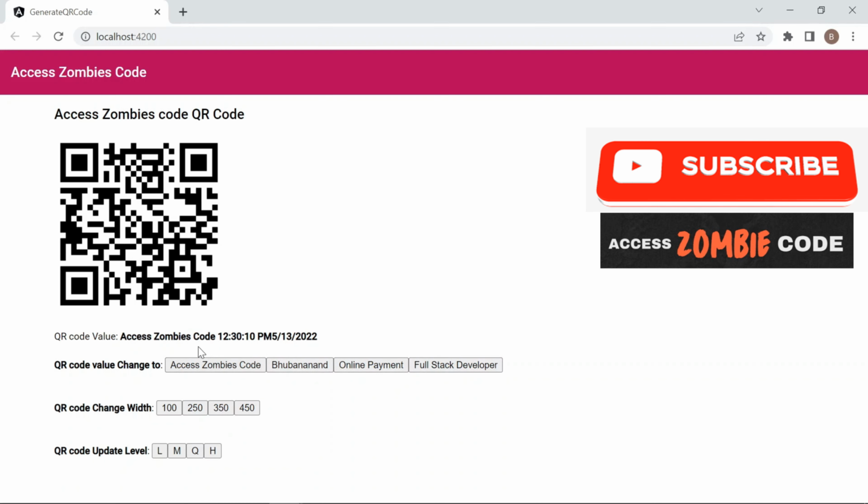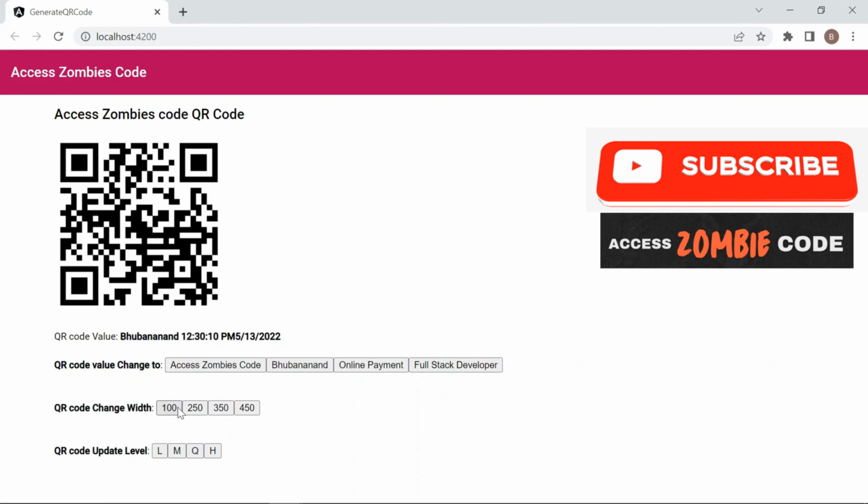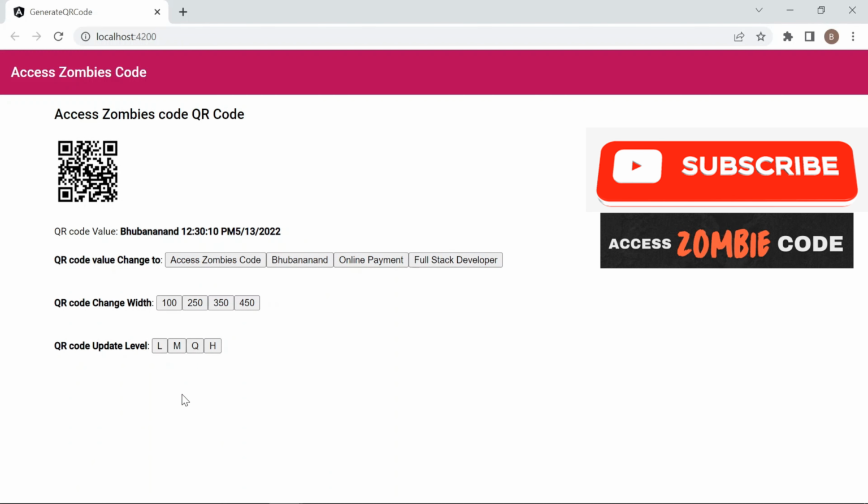According to the value, the QR code is changed. We can change the QR code size according to our requirement, and we can change the level of the QR code. So let's start today's program.